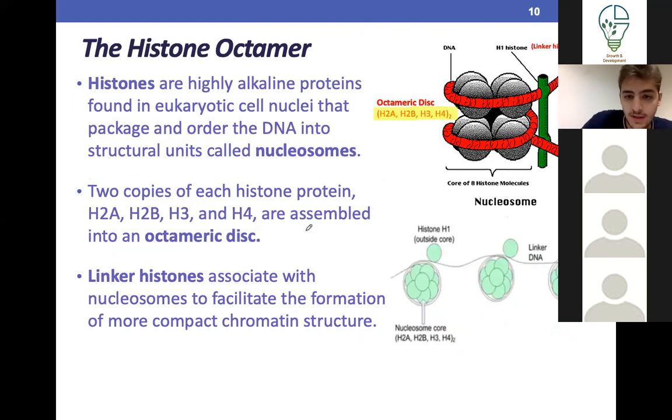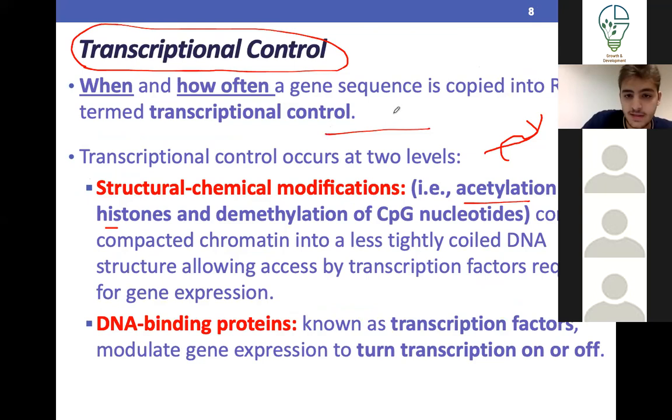Now let's say you had a DNA sequence, and this DNA sequence is methylated. If this DNA sequence is methylated, RNA polymerase cannot bind. But if you demethylate it and it becomes like this, RNA polymerase can bind. So that's a very important distinction that you should come to a conclusion on, and it's the basics of this lecture. So that's one. We have done the first part of transcriptional control.